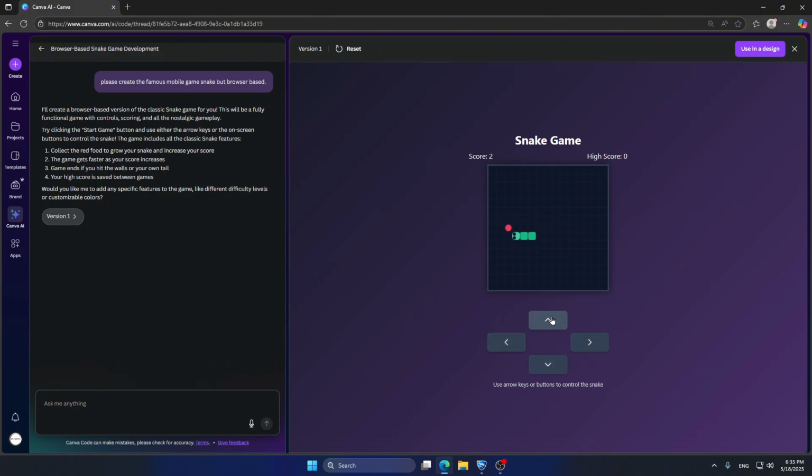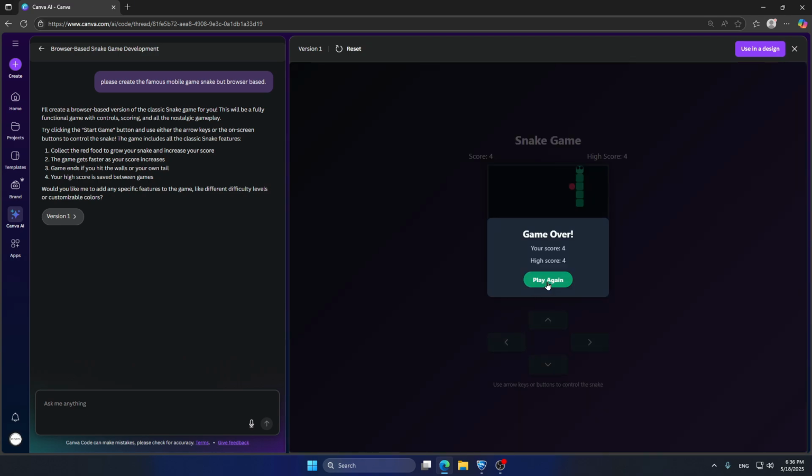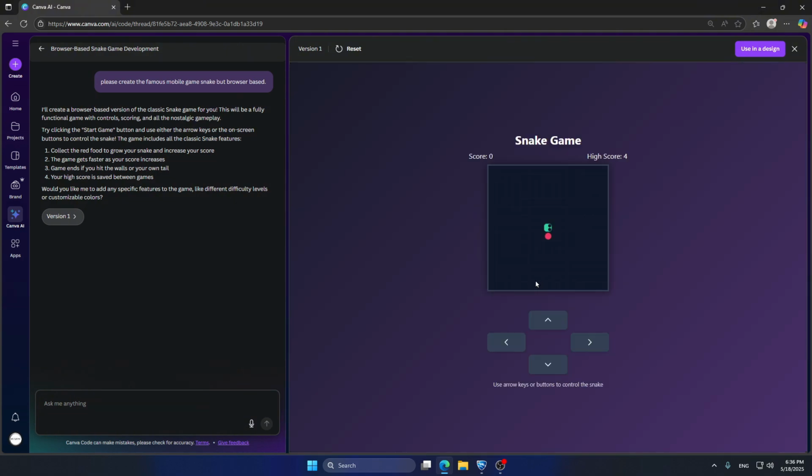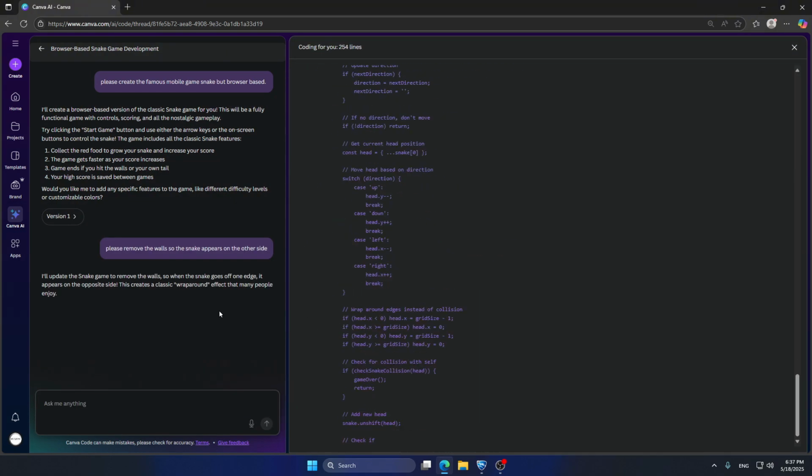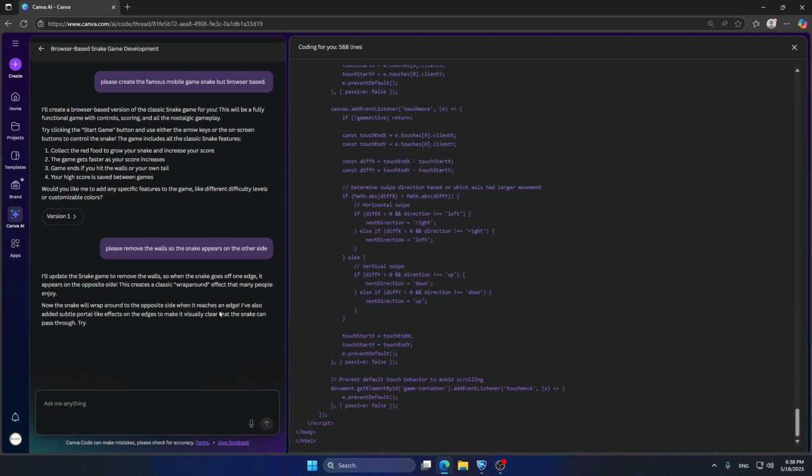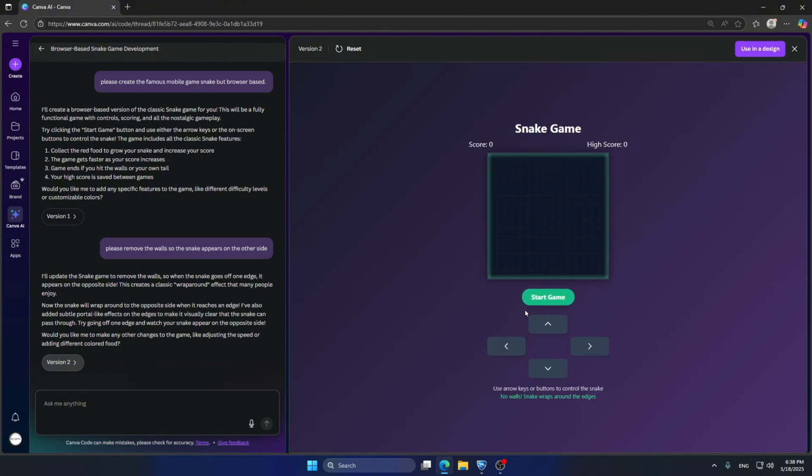For example, I want the snake to go through the walls and appear on the opposite side of each wall. So I want to remove the wall, so I type what I want to change right into the text box right here. And after this, again, you need to wait until it's finished. Each time you're changing something on your game, you can see that Canva AI is talking to you and describes